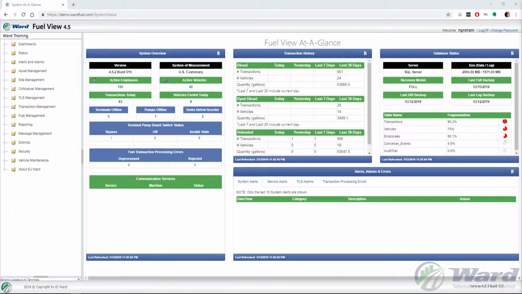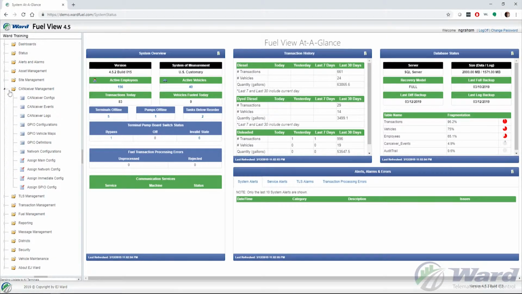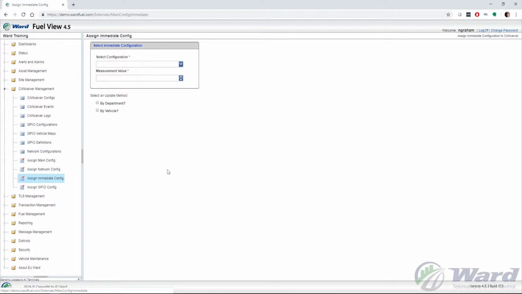In this video, we're going to be going over the Ward 4 CanSeiver immediate configuration. To get to the immediate configuration, we drop down CanSeiver Management and we go to Assign Immediate Config. So an immediate configuration does two things for us, and there's two different modes that the Ward 4 CanSeiver can